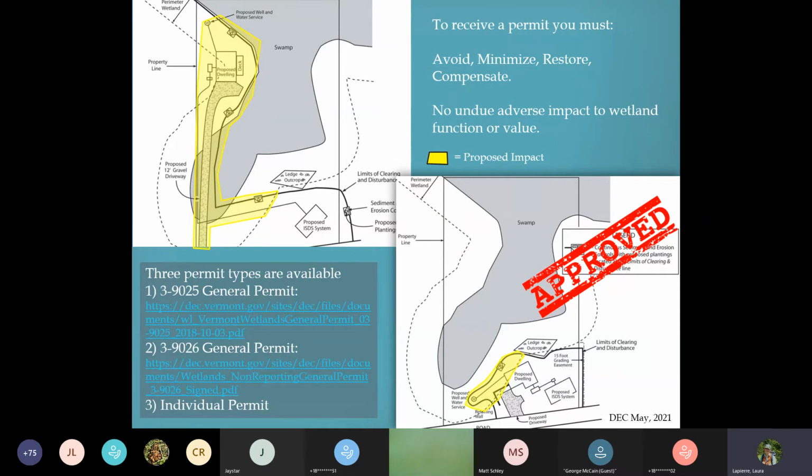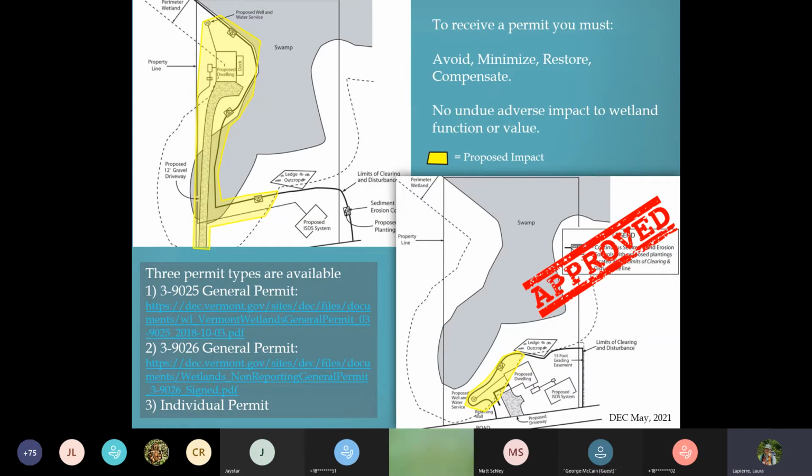There are 3 permit types that we have within the Vermont Wetlands Program currently that you may be eligible for with your wetland project. We have our regular general permit that is 3,000 to 5,000 square feet of wetland or buffer zone impact, depending on the project type.